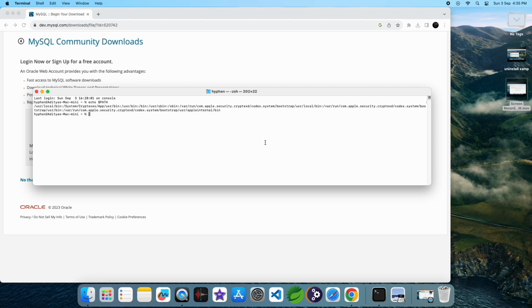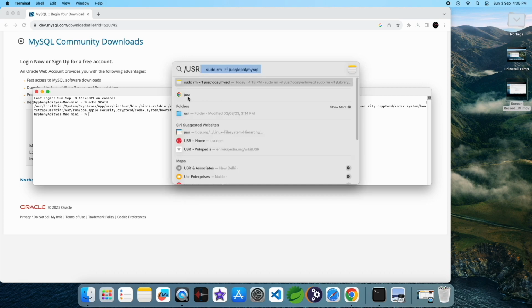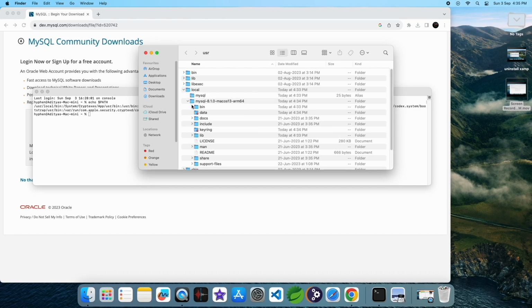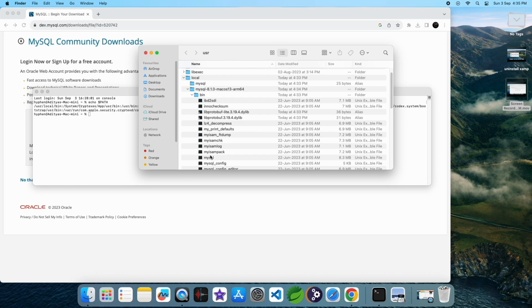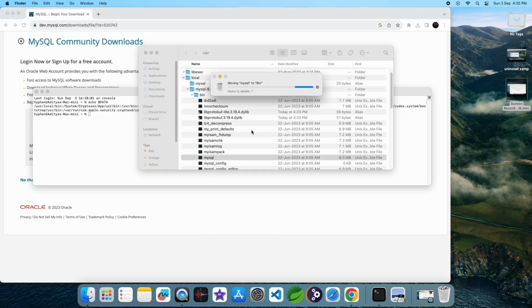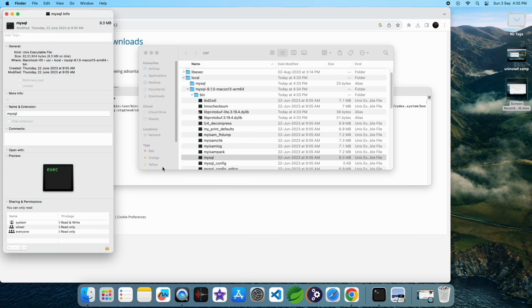So go to Command plus Space, or if you're using a simple keyboard, then Windows and spacebar. Type forward slash usr, then go to local, MySQL. Here is MySQL, copy the path by right clicking and selecting Get Info. Here is your full path. Simply copy the path name